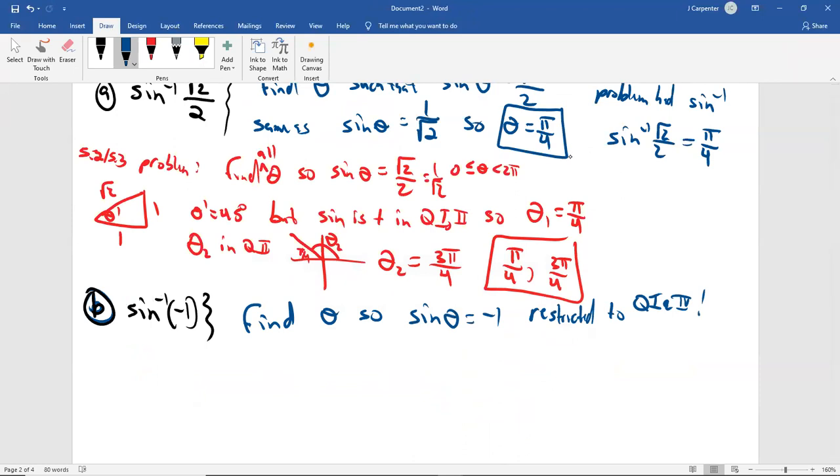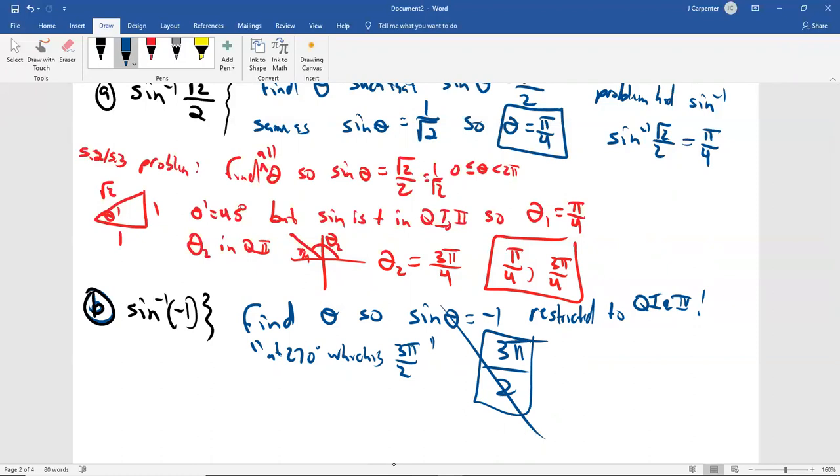So here's what somebody would do. They'll say, okay, so it's unit circle, it's quadrantal, it's at 270 degrees, which is 3 pi over 2. But while those are arguably correct based on the periodicity of trig functions, if you put this in my math lab as your answer, guess what it does? It marks it wrong. And it is wrong. It is coterminal to the actual answer, but because we use this inverse trig notation, the